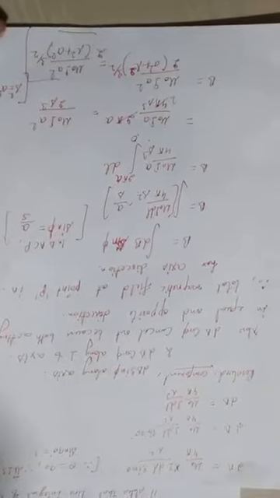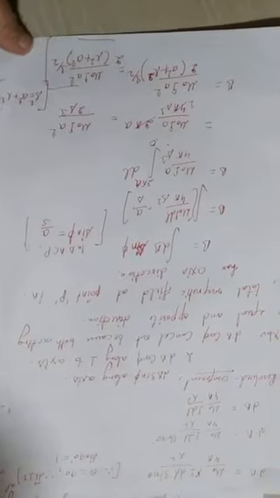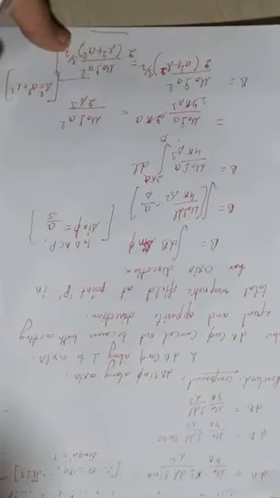Hello students, good morning. In the last class we derived the magnetic field due to a circular wire on the axis of the circular wire. After this derivation, our result was B equal to mu naught I a square by 2 (r square plus a square) whole to the power 3 by 2. This is the magnetic field due to a circular wire on the axis, at a distance r from the center to the point where we are finding the magnetic field.